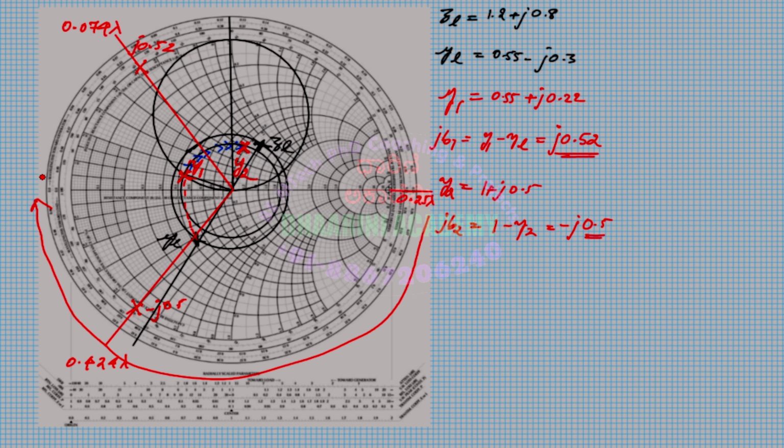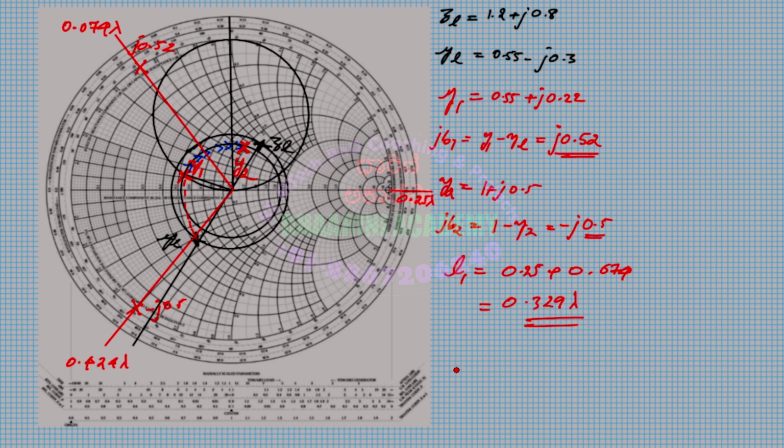So 0.25 plus this number, because this number is starting from 0, right? So that's how. So L1 is equal to, this is my calculation, L1 is equal to 0.25 plus 0.074, right? That is equal to